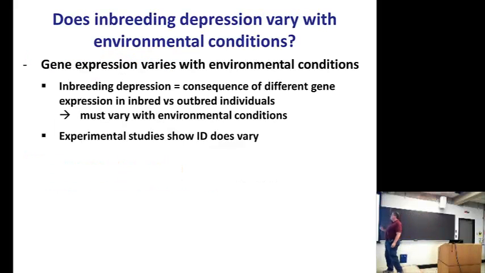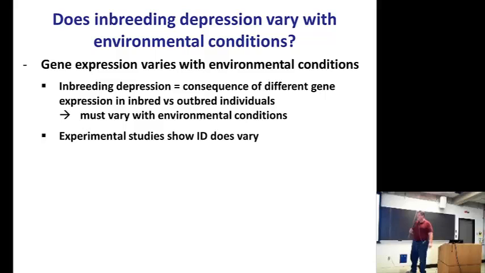Okay, so the main question I want to ask today is, does inbreeding depression vary with environmental conditions experienced by organisms? And well, we know that gene expression varies with environmental conditions, and inbreeding depression is just a consequence of differences in gene expression between homozygotes and heterozygotes, or difference between inbreds, which are more homozygous, and outbreds, which are more heterozygous. So it makes sense that inbreeding depression should vary with environmental conditions, and in fact there's now a growing number of experimental studies. I'm doing another meta-analysis now, and we've got like 75 or 80 studies in our data set so far. So a fairly large number of studies that are manipulating environmental conditions, showing that